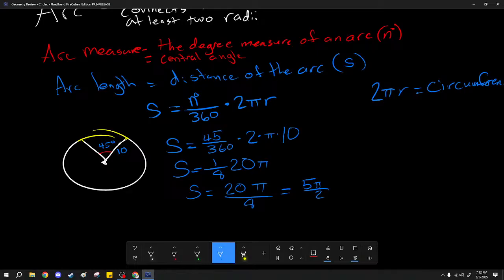So honestly, all of this, you can plug this into a calculator if you'd like. This part right here is already ready to be calculated into a calculator. The only reason why I would do a calculator for this is because of pi. Pi is an infinitely long decimal. Normally, I would say just don't do calculator stuff, but we have pi, so we have to. You can plug this in here. It can be difficult to plug in stuff into a calculator if you don't know where your parentheses are going or what